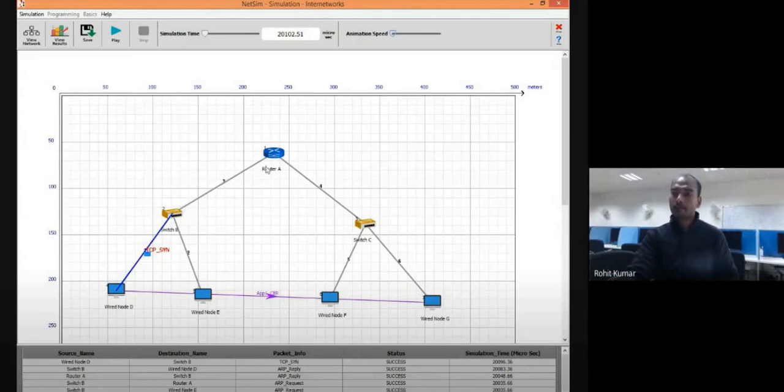Why? Because the router knows that there are two paths. From here, the source packet came. Obviously, it cannot be the destination. It is the source. Then these two are the possible destinations. Now, it is also denied that I am not the destination. Then what is the last source? Router. So the router sends the reply that yes, that particular IP that you mentioned in your destination IP field,